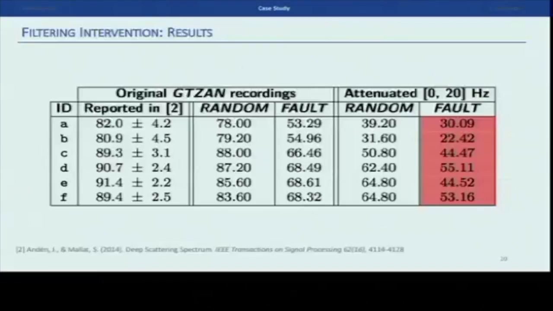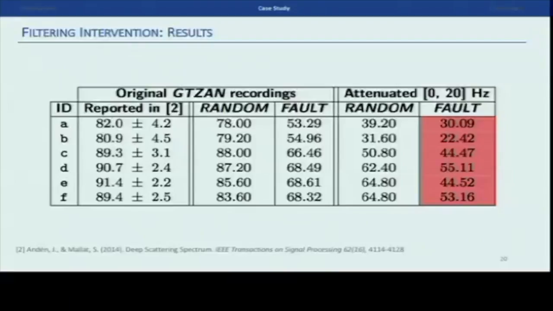And we saw that, especially in the first layer, accuracy went from around 80% to 31%. In the others, the decrease is lower, but still evident. But we see that if we then control for the faults of the dataset, it goes down even further, to 22% in the first layer.